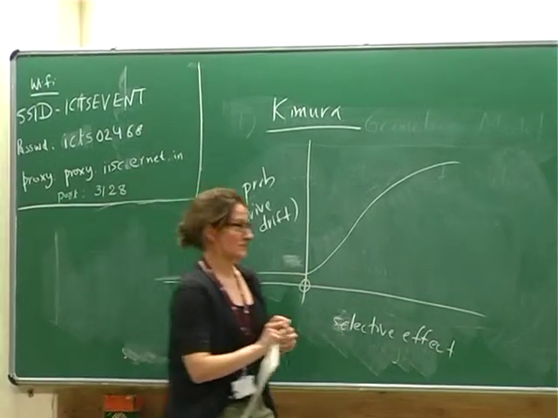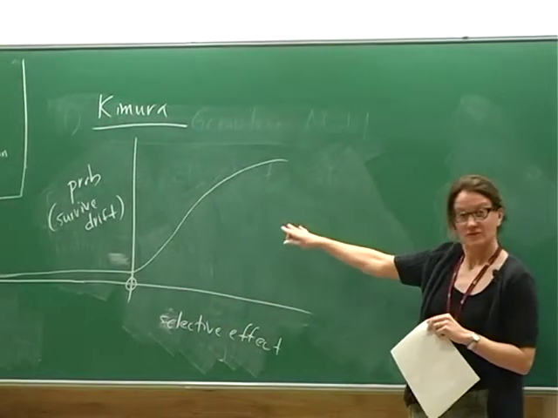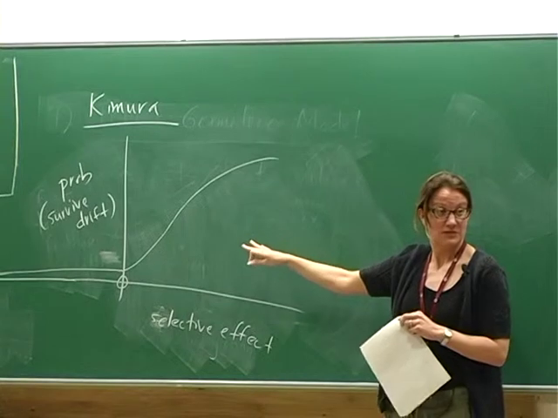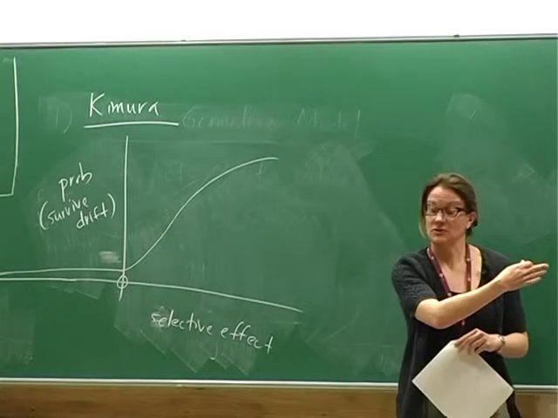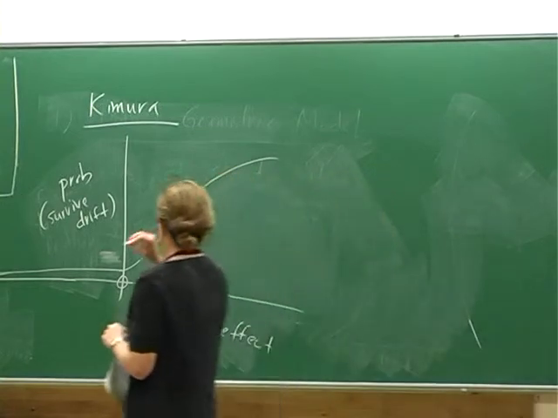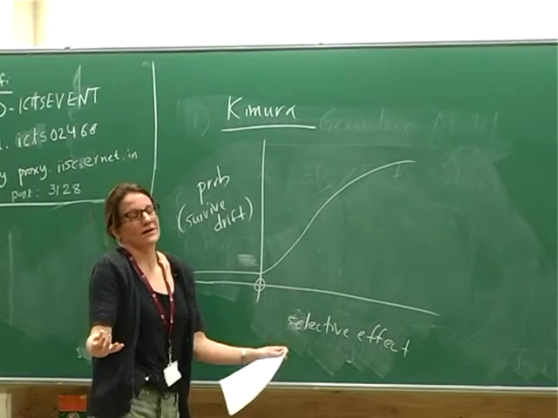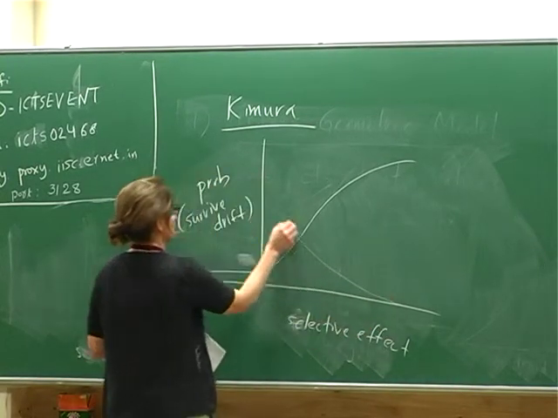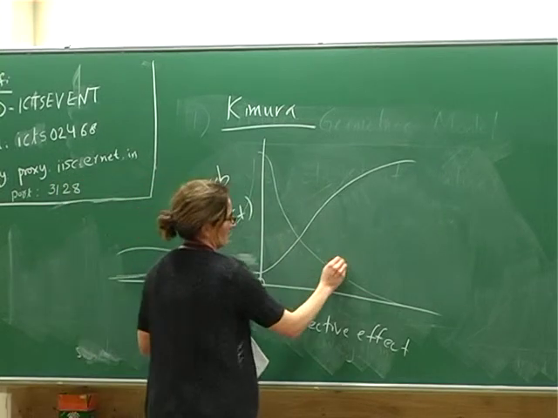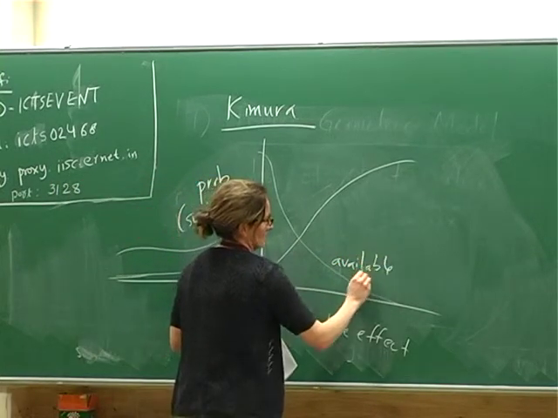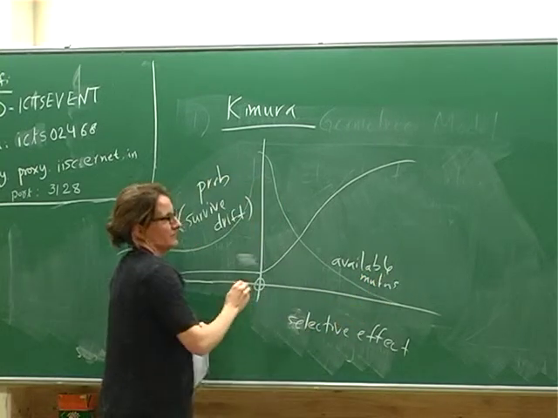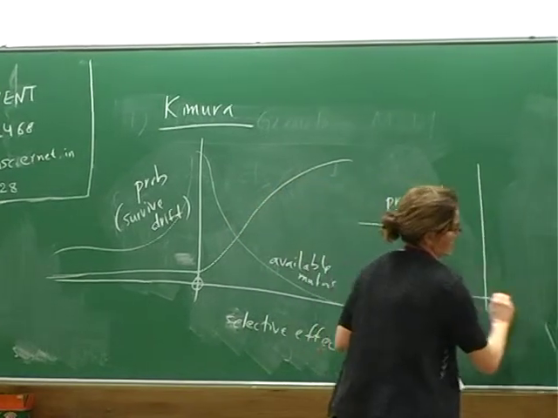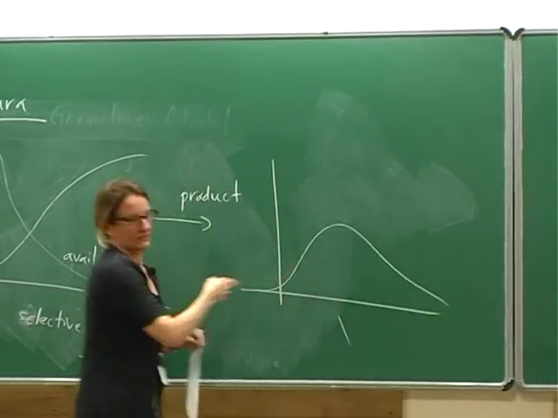So as I said several times in words, the probability of surviving drift for a novel mutation is much higher if it has a big effect. And we need to take this into account when we look at which mutations are actually going to contribute to adaptation. So we actually need the product of that with the unknown distribution of mutational effects, but let's say it looks like this. So this is available mutations. And if we take the product of those two to see what substitutions we'll actually see, we might expect a lump kind of over in this direction.